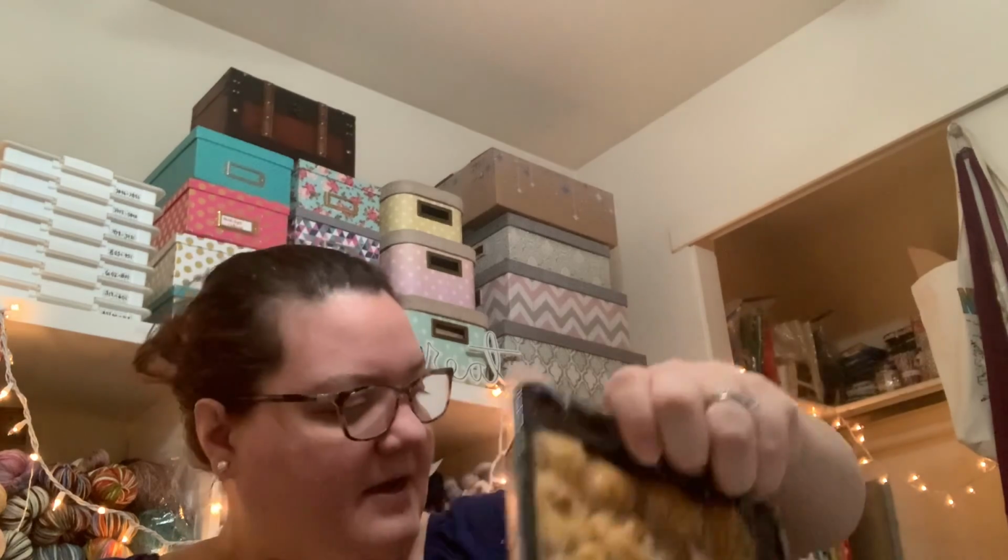So that brings us to tasting this baklava. While I get it open, I'm gonna tell you guys a story. So I mentioned my husband is getting me a Switch for Christmas. I don't know if I've mentioned this already, but